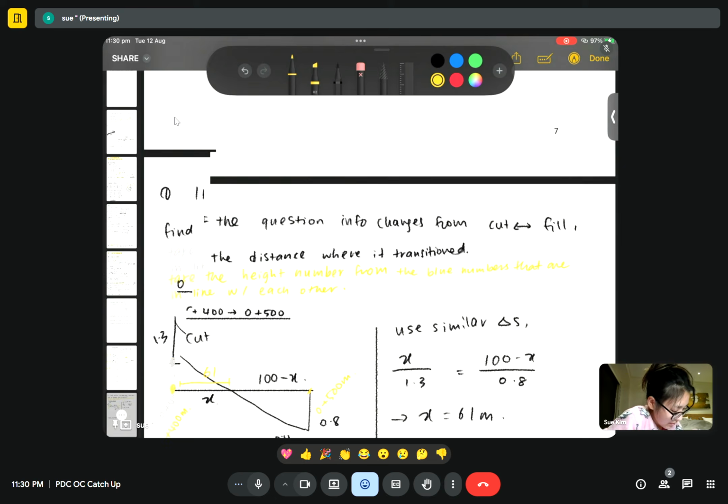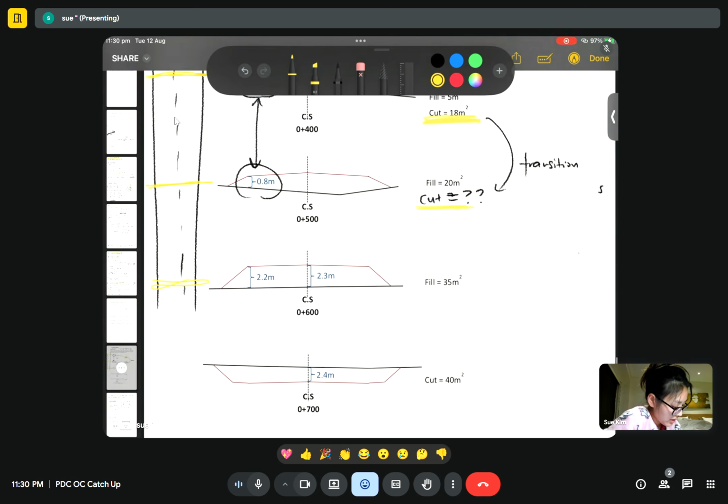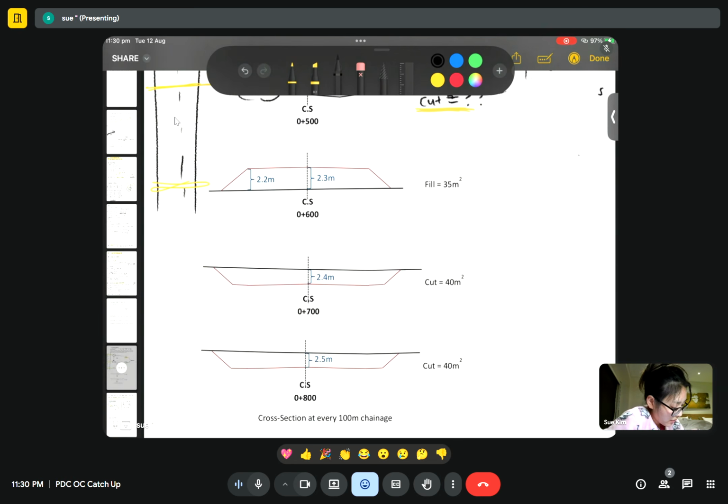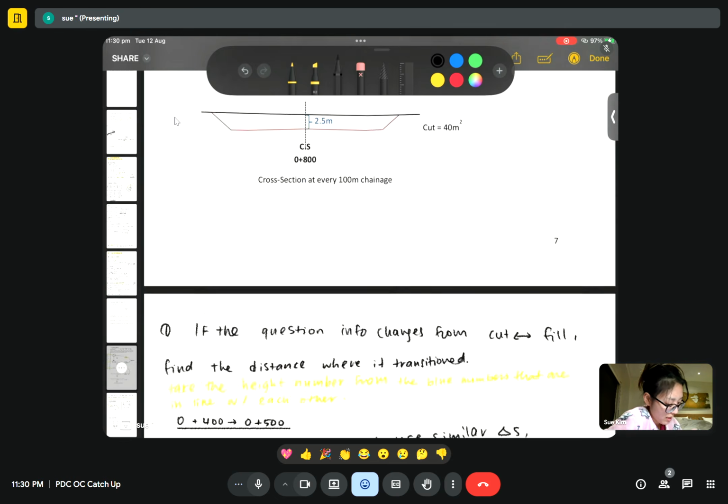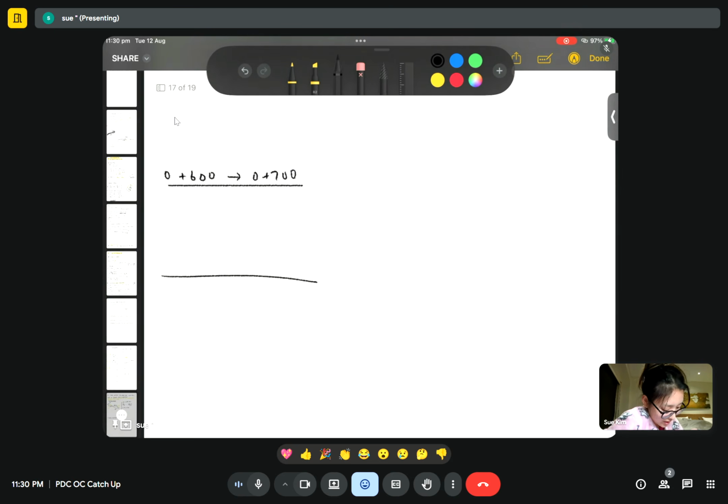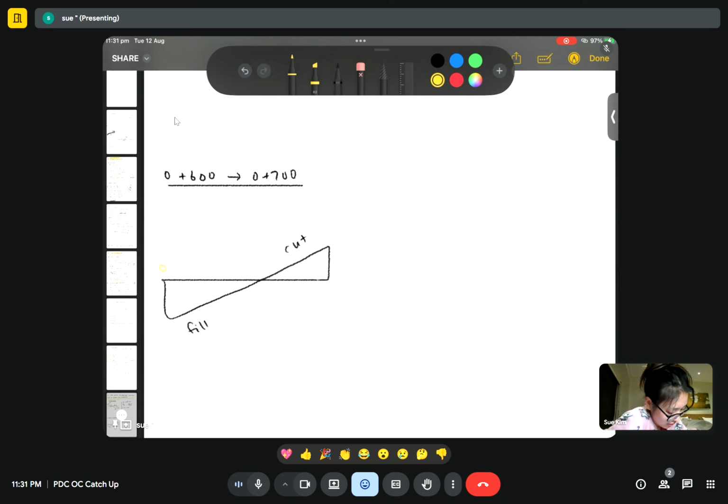Okay. And then looking at the rest of the fill and cut values, you'll see there's also a change from 600 to 700, right? There was a fill and then there's no longer a fill anymore. So a transition happened there as well. So again, I'm going to draw some triangles like this. So fill, cut. This is 600 meter chainage, 700 meter chainage, and then this transition happened x somewhere x along,